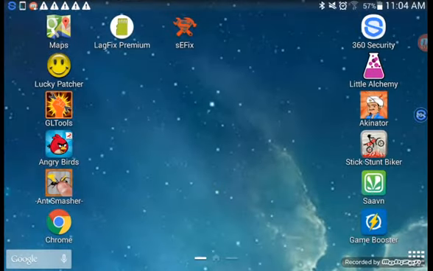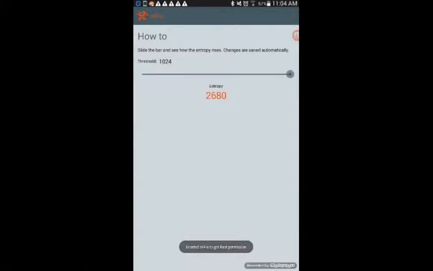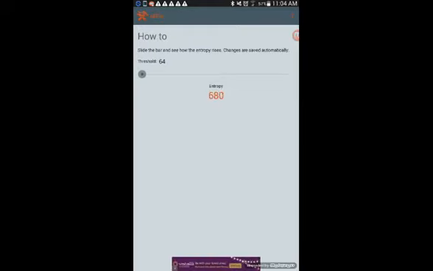So after going to the home screen, you need to select SE Fix. After selecting SE Fix, first when you install it, the threshold will be 64, and to increase the smoothness of your tab or any device, you need to pull the bar completely. And after the bar is pulled completely, the entropy which is here will be increasing. It will keep increasing while it is on, and it will be working even if you turn it off also. So the changes are saved automatically.